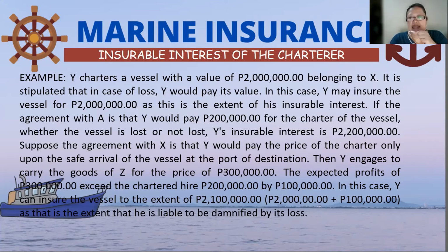So in this case, Y may insure the vessel for 2 million pesos as this is the extent of his insurable interest. If the agreement with X is that Y would pay 200,000 for the charter of the vessel whether the vessel is lost or not, Y's insurable interest is